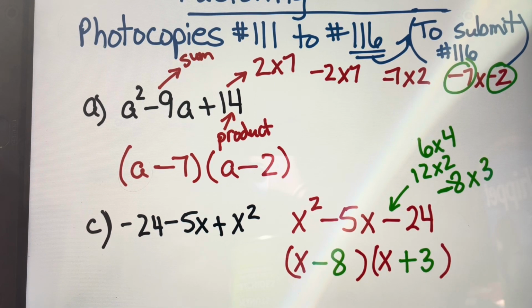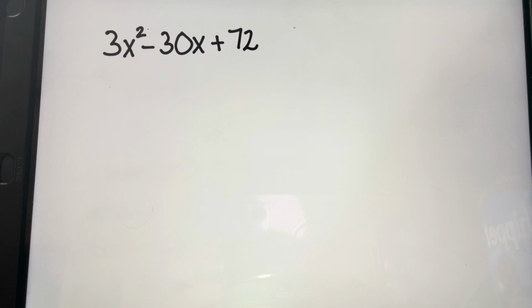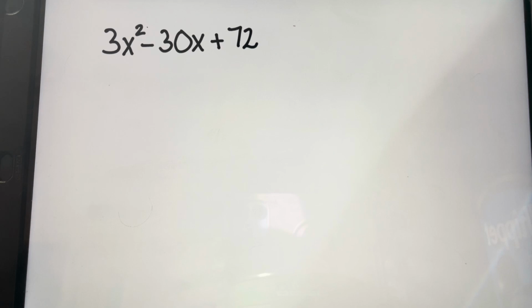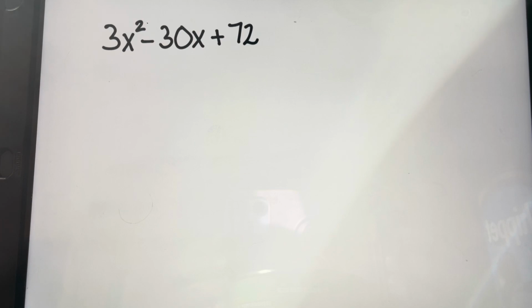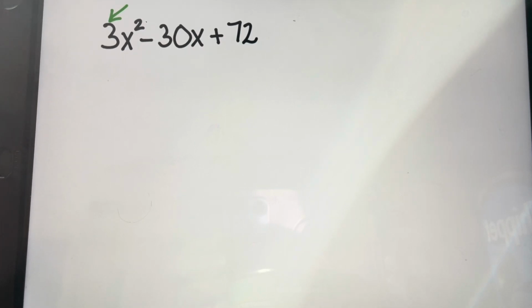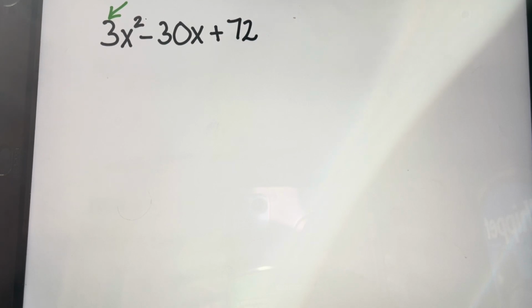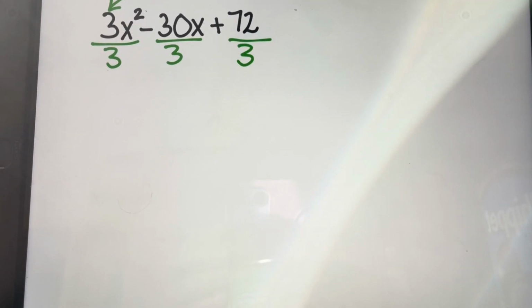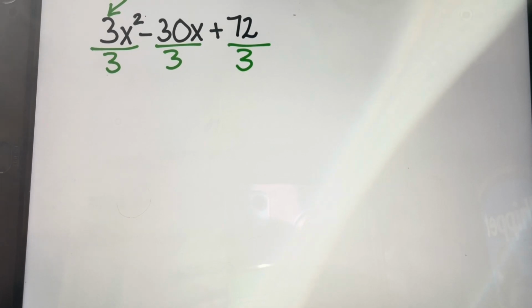So that was factoring simple trinomials, and there's lots of practice in your packet. But on page 116, you're going to bump into some that look a little different. On page 116, you're going to bump into numbers in front of the x squared. And all you need to do is factor out a GCF. And hot tip, the GCF is going to always match the number that you have in front of the x squared. So we're going to divide every term by that coefficient. Divide by 3, divide by 3, divide by 3. And what you're going to end up with